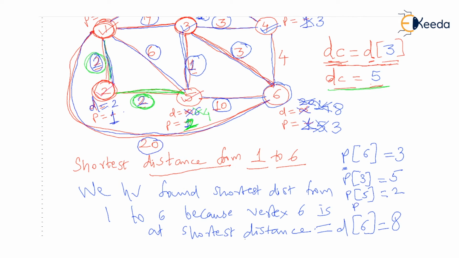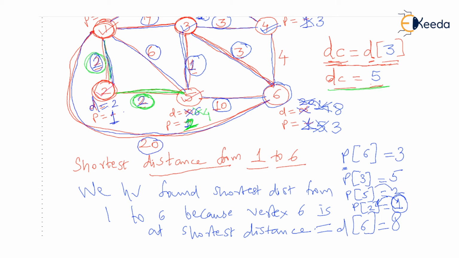And now you check P2. Okay. Path at the second vertex is 1. Observe, but 1 is our source. 1 is the source. Hence you stop this processing of the path. And now you can say you will go from 1 to 2. Observe the cursor. You will go from 1 to 2.